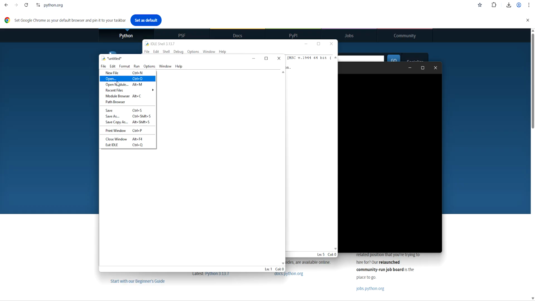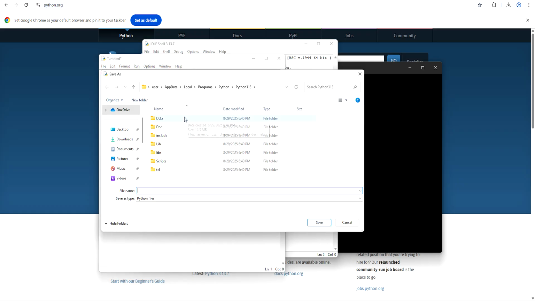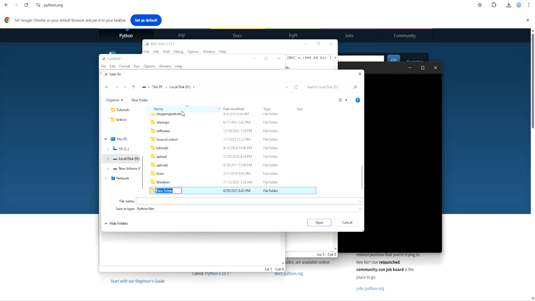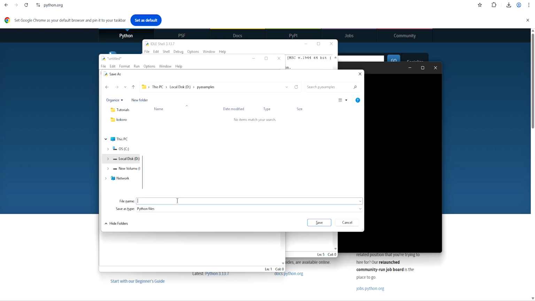And save this file. Save As. I'm going to save it into the D drive, in the py examples directory, as hello.py.